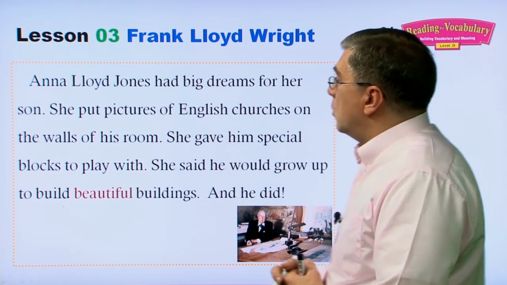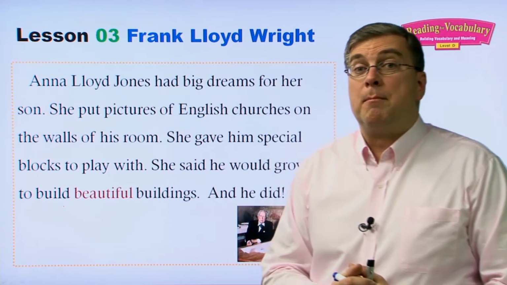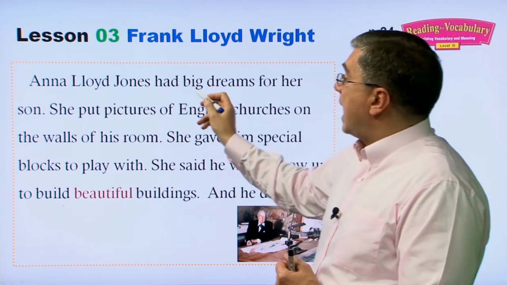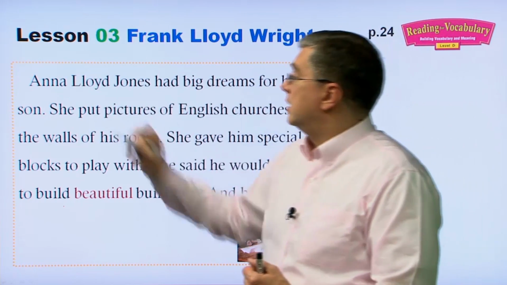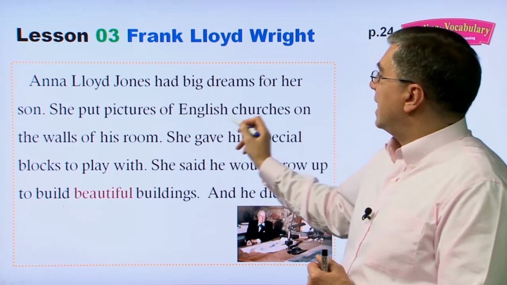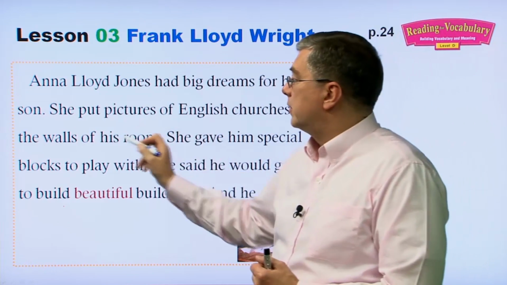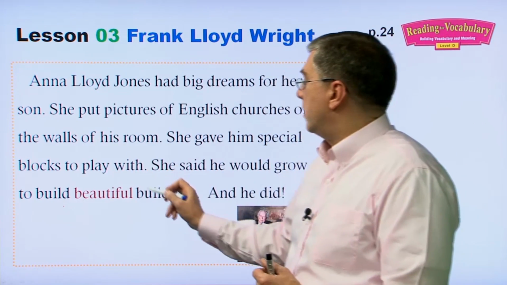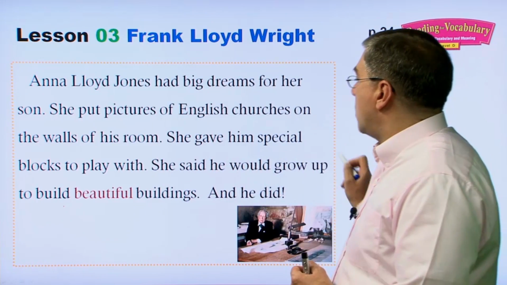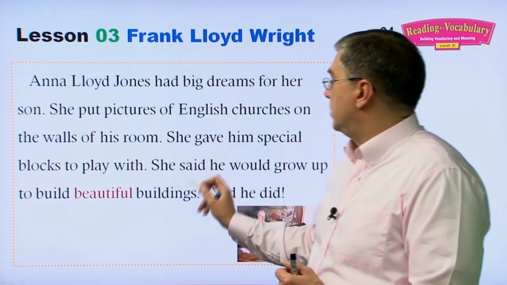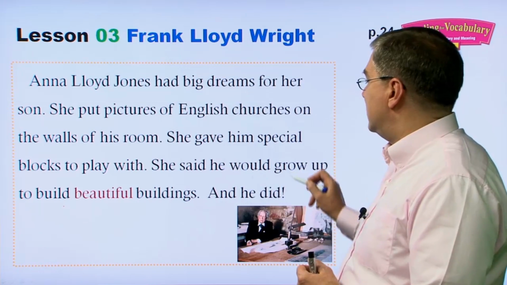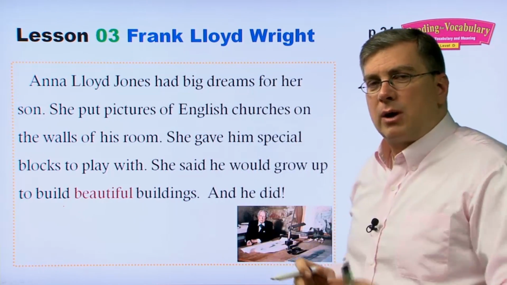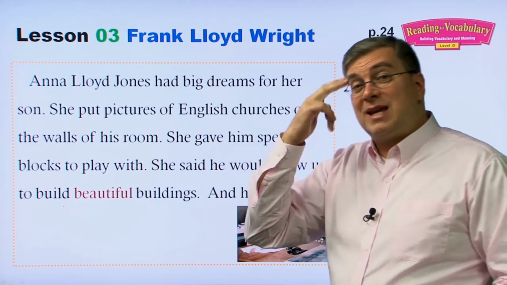Let's begin with Frank Lloyd Wright's mother. Her name was Anna Lloyd Jones. She had big dreams for her son. She put pictures of English churches on the walls of his room. She gave him special blocks to play with. She said he would grow up to build beautiful buildings. And he did. When we see this right away, one of the vocabulary words that comes to my mind is